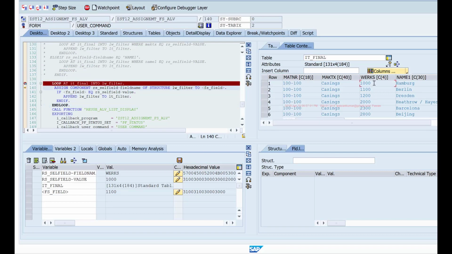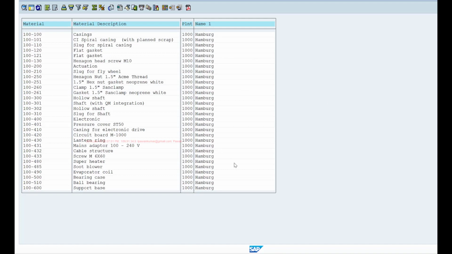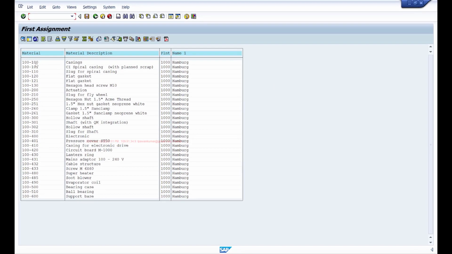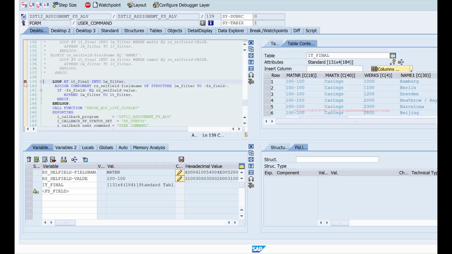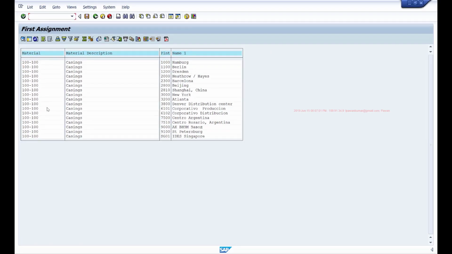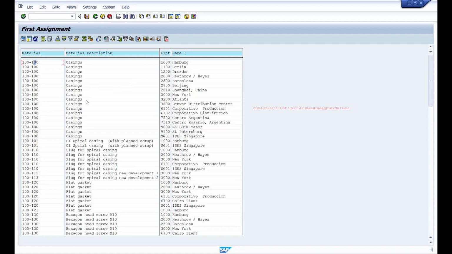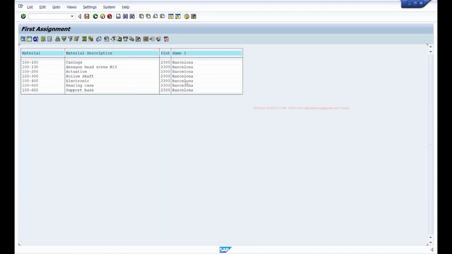In the next loop, the second row will be assigned, so it will be 1100, the FS field. Then I'm checking if that is the value on which I double clicked. No, so I'm not moving that. Then like that I'm comparing each record and filtering the data based on the value in which the user double clicked, and in the output you'll see it is filtered by that. And if I double click on this 100 for example, I'll remove the breakpoint. It is filtering by that. If I double click on, let's say, Barcelona, it will filter by that.